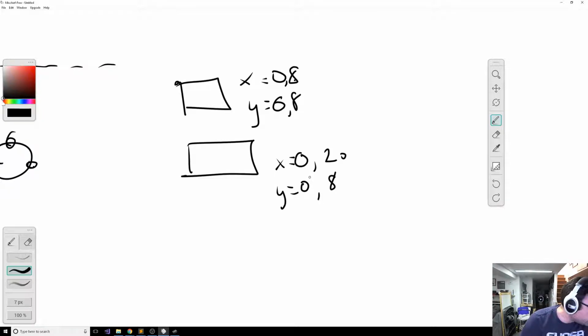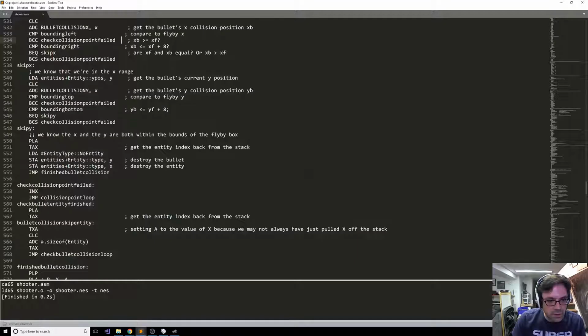Anybody have any questions for what we've done so far and how that's all working? That seems like it's working the way that I want. And like I said before, I basically want to do one of two things. We could make it so that the ship seems like it has some momentum when it's moving, instead of it just being